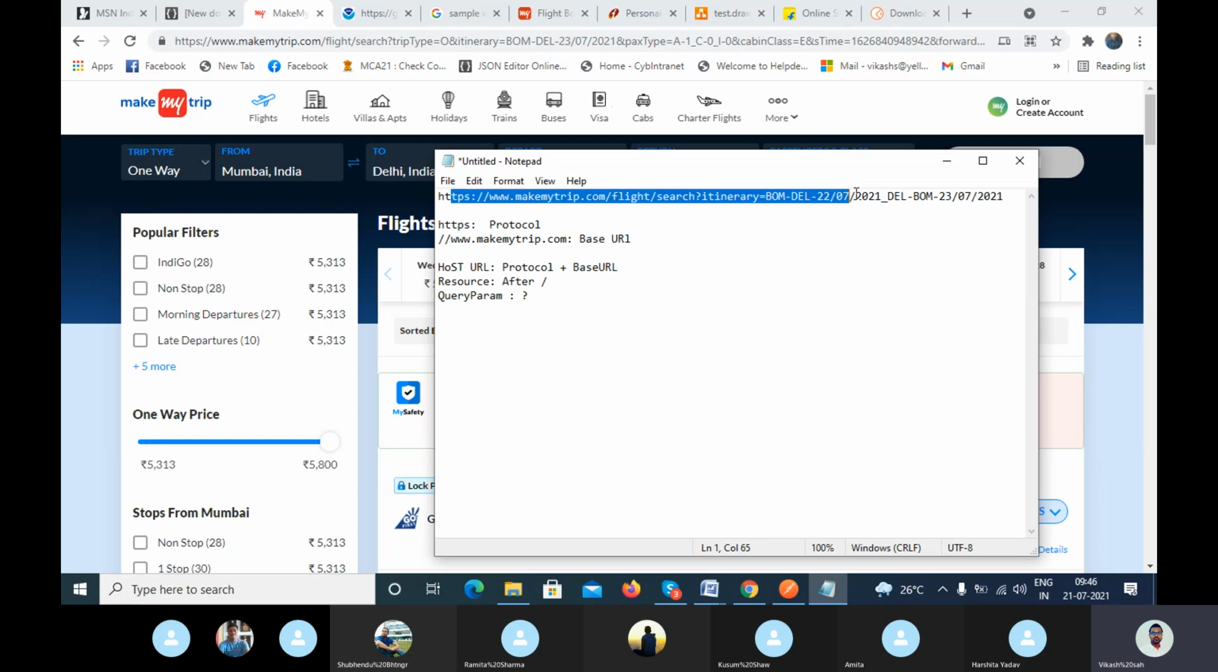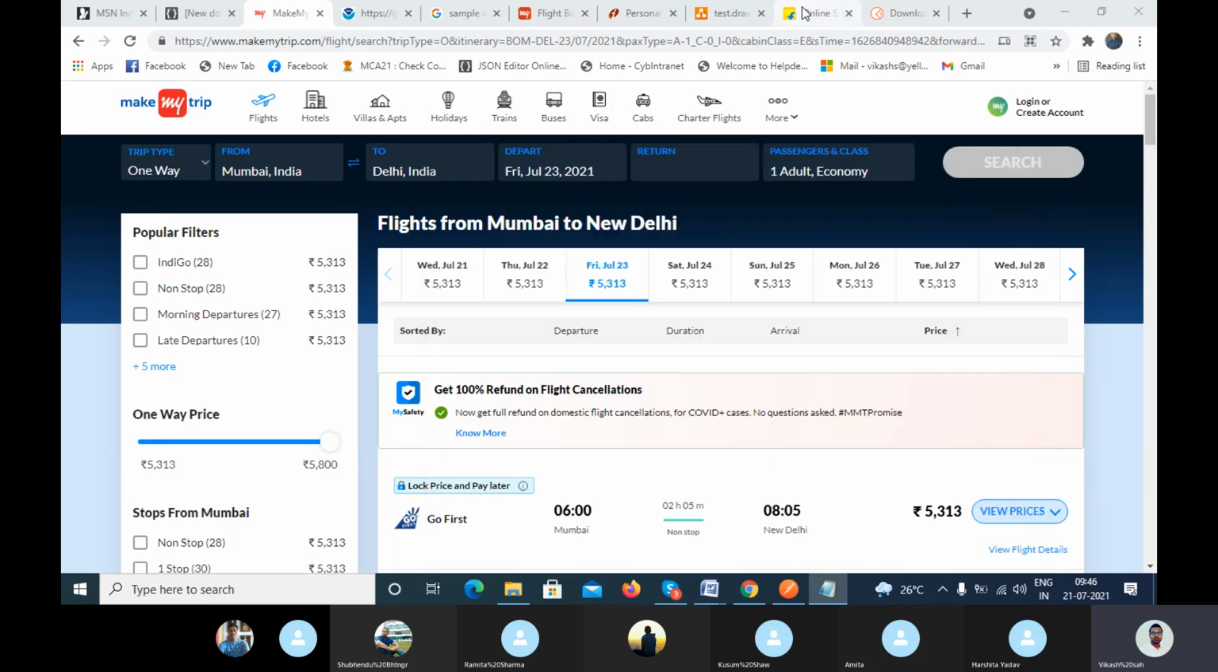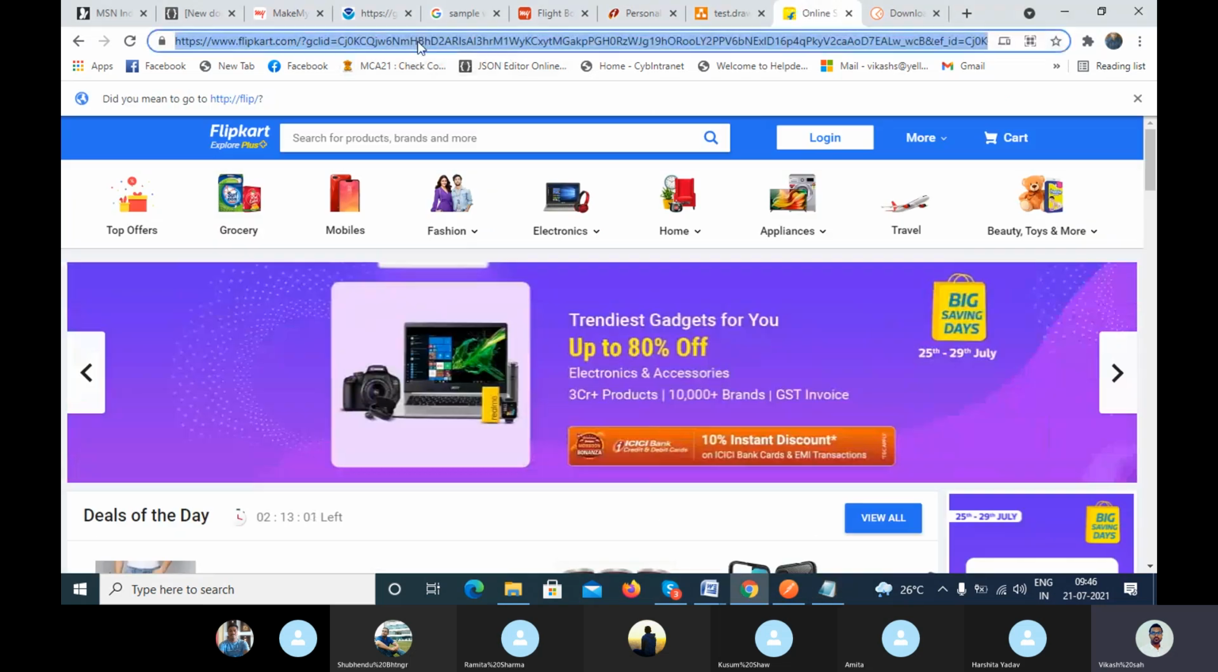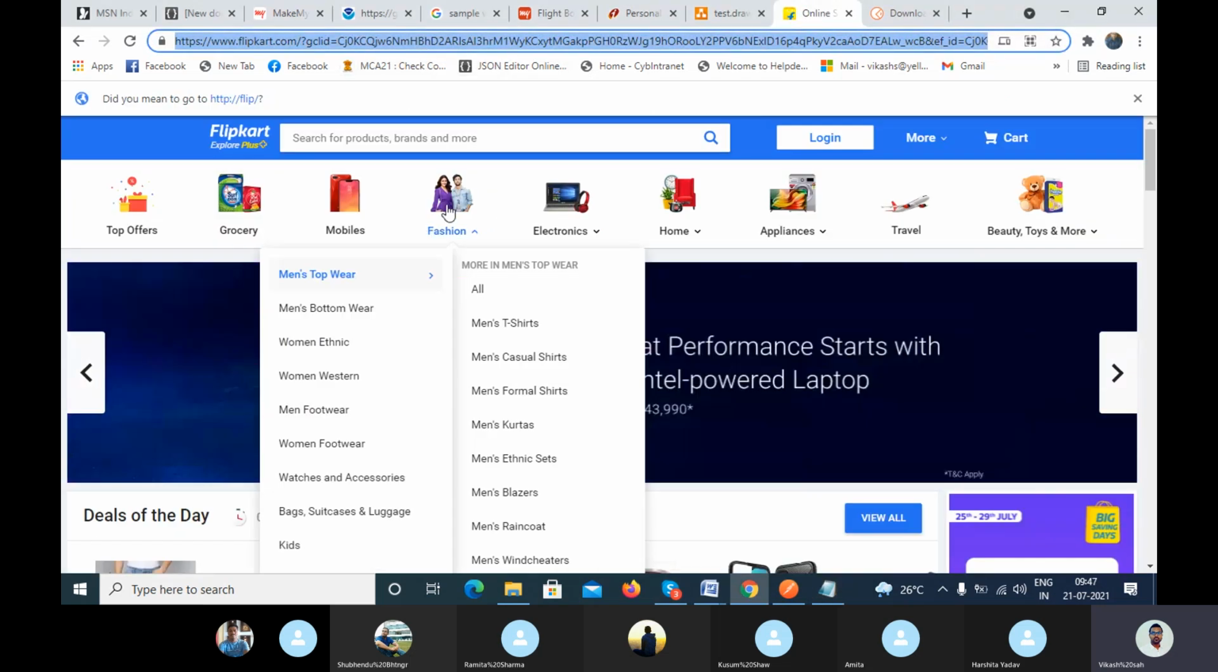what do you mean by this particular URL? Can you specify? Then HTTP is the protocol. After the double slash, it is known as the base URL. After the first slash, up to the question mark, this is known as the resource. After the question mark, this is known as the query parameter. Clear? Yes. If I give you some other site,